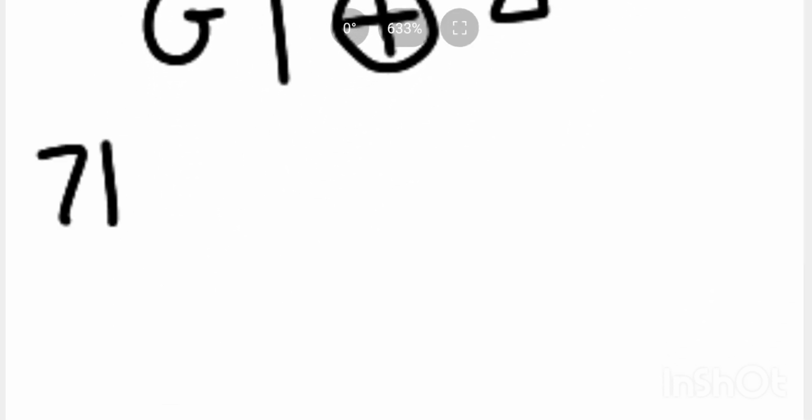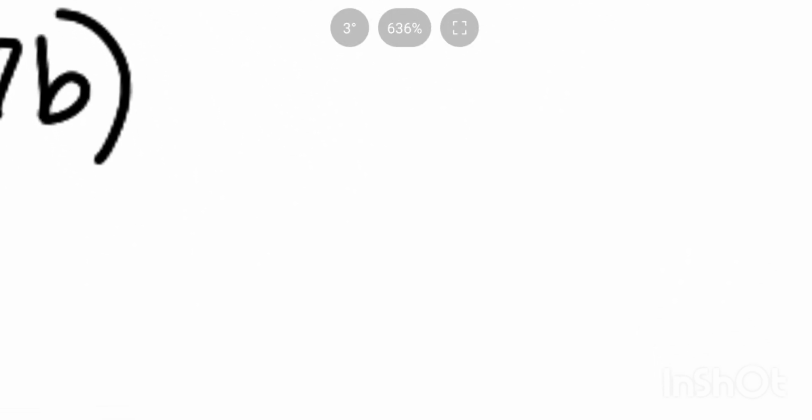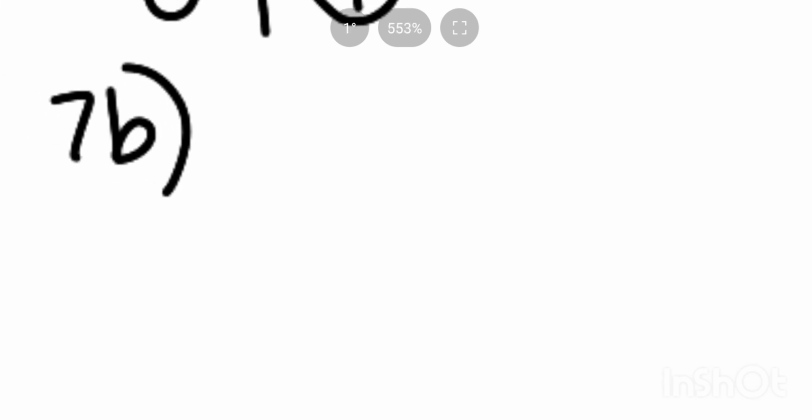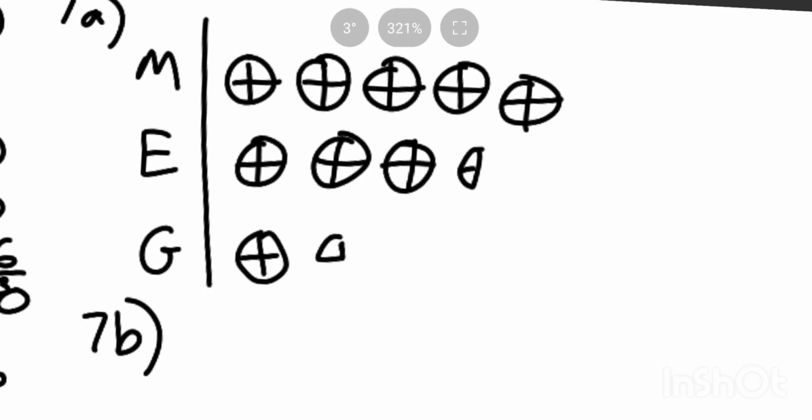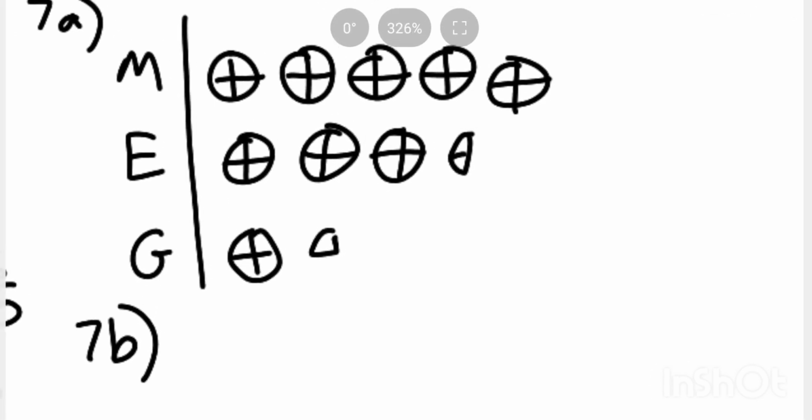7B. Rashid spent 30 minutes on each piece of homework. Work out the total time he spent on homework for these 3 subjects. Give your answer in hours and minutes. So if we go into the pictogram, if we count the number of whole circles, there's 1, 2, 3, 4, 5, 6, 7, 8. There's 9 whole circles, and